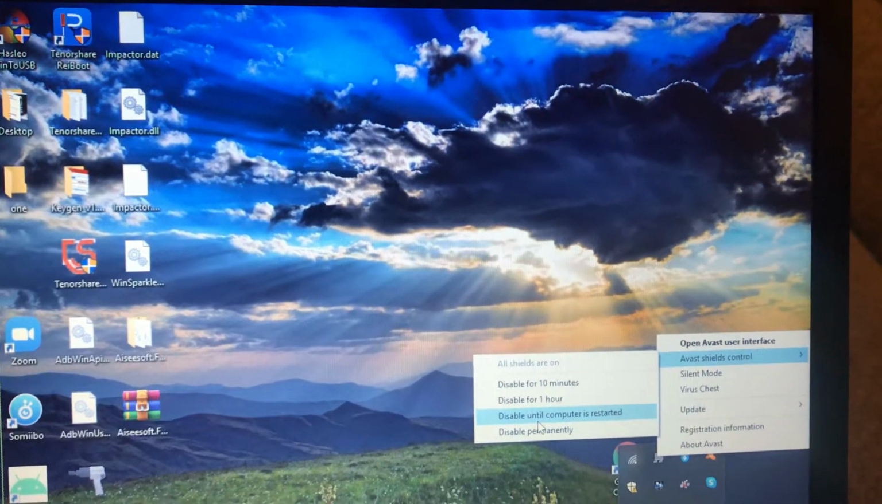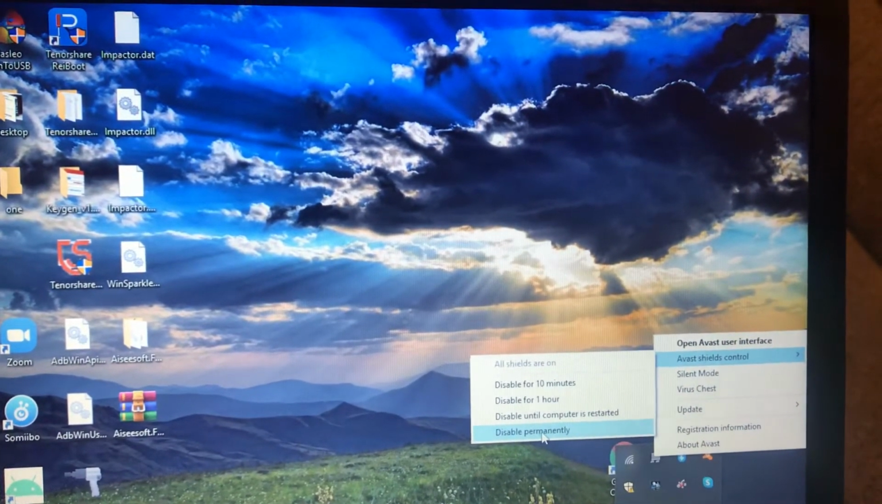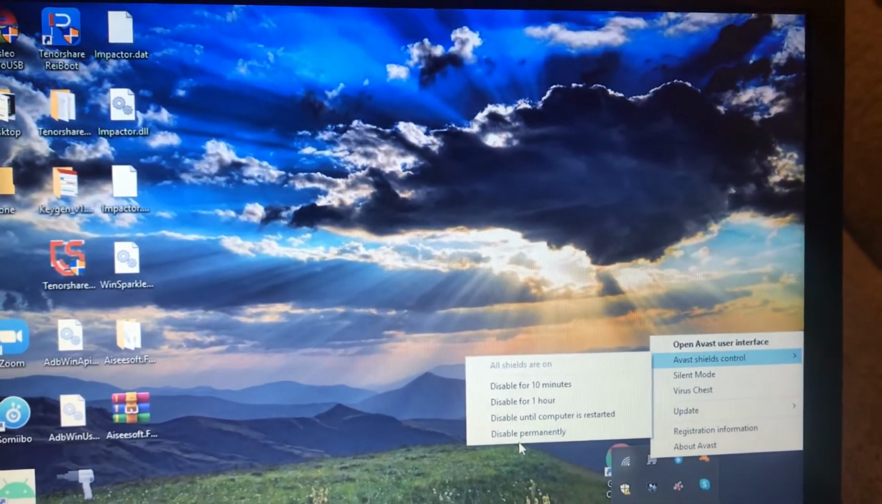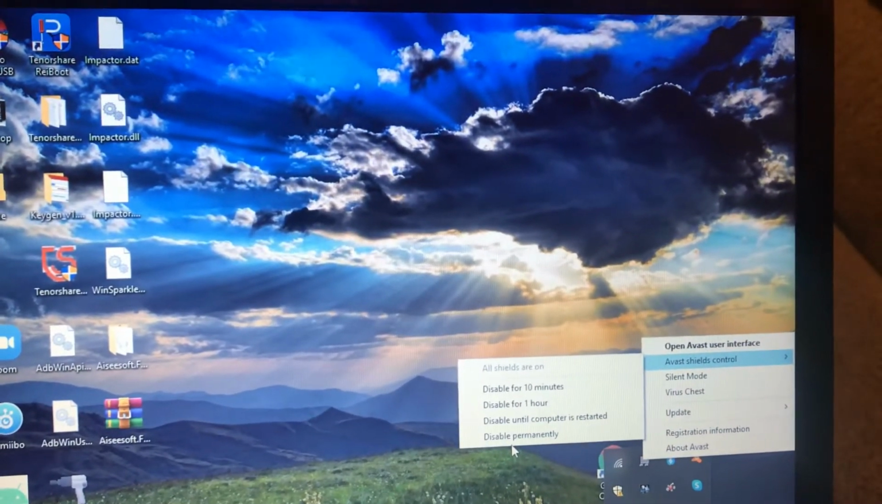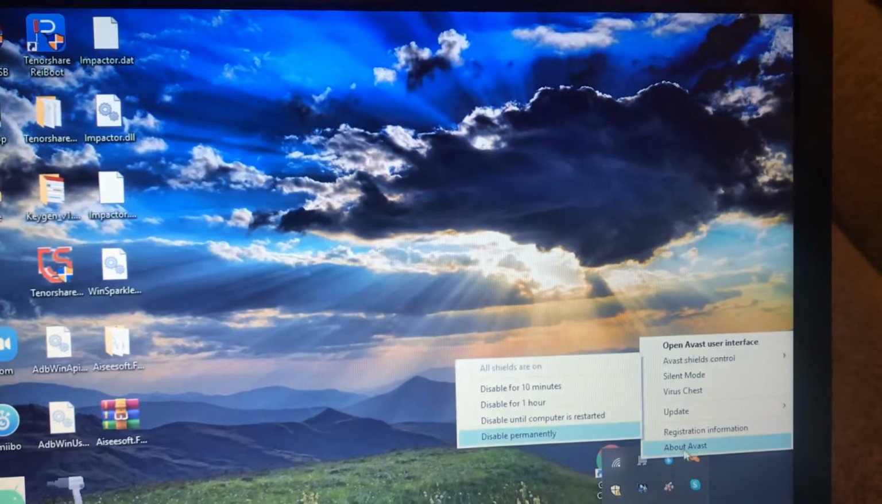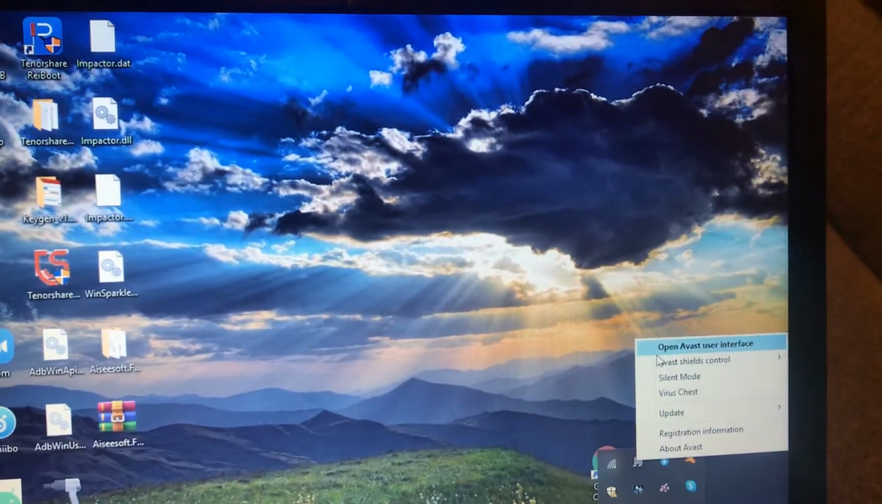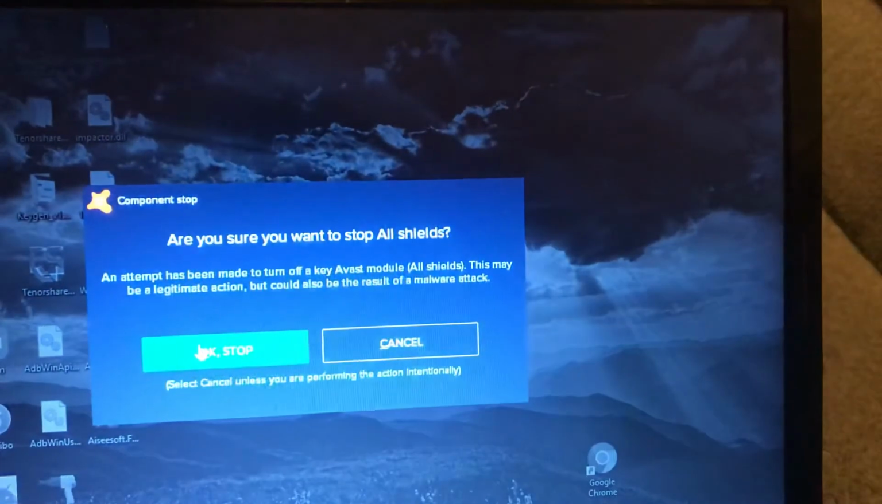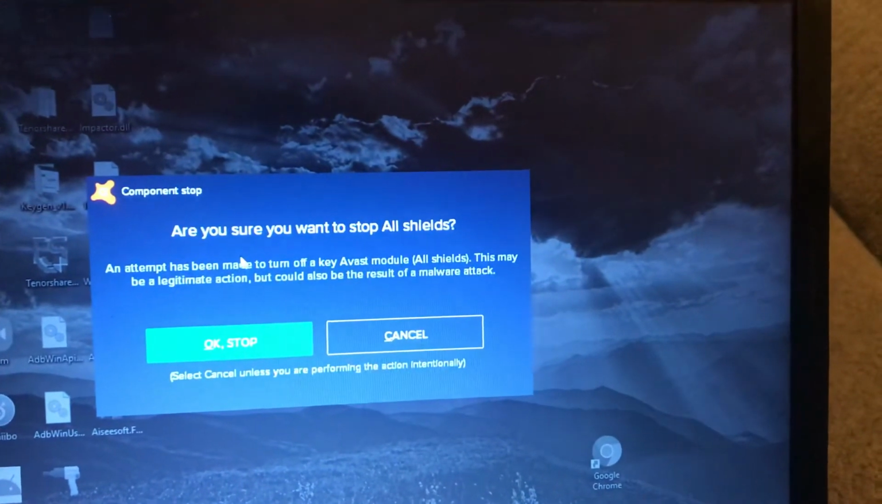is restarted, disable permanently. So disable permanently, it will be disabled for all time until you get in this menu again and just activate it. So for example, disable for 10 minutes, and now you just need to choose are you sure you want to